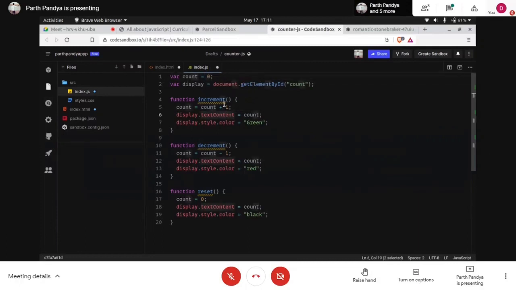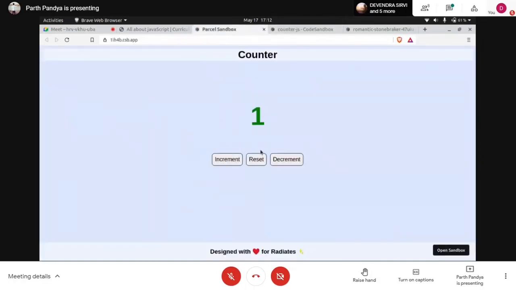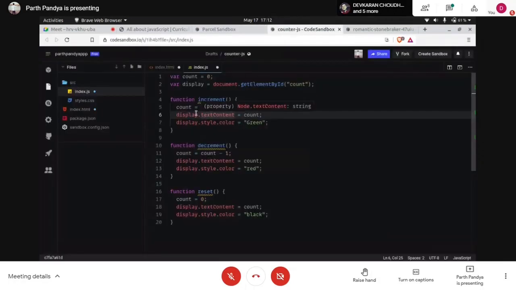Count is equal to 1 now. So the new value of count will be the textual content of the HTML element for which we created an instance. So display's text content is count, and that's why upon incrementing we are getting a new value, because every time the user presses the increment button, it is changing the count value, and it is changing the textual content inside that.